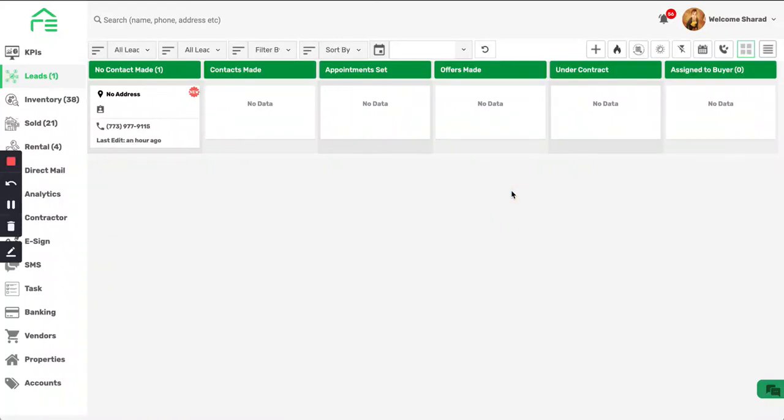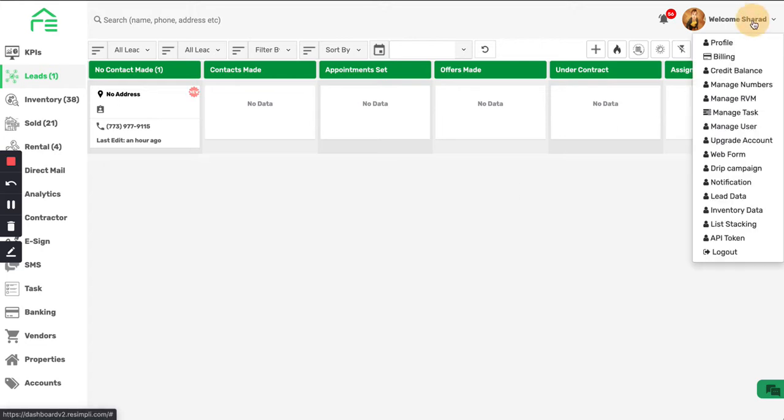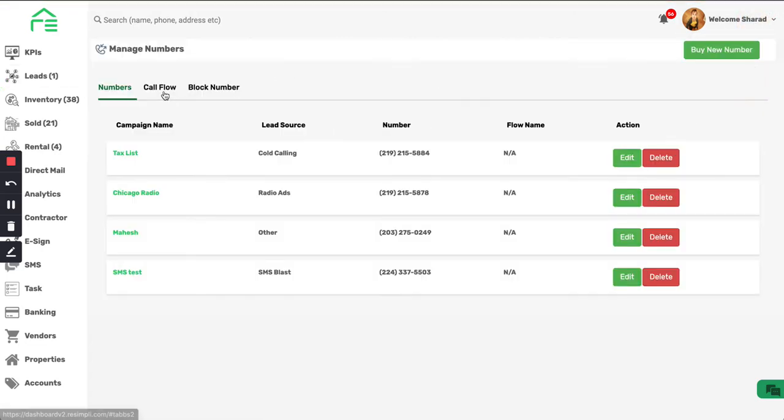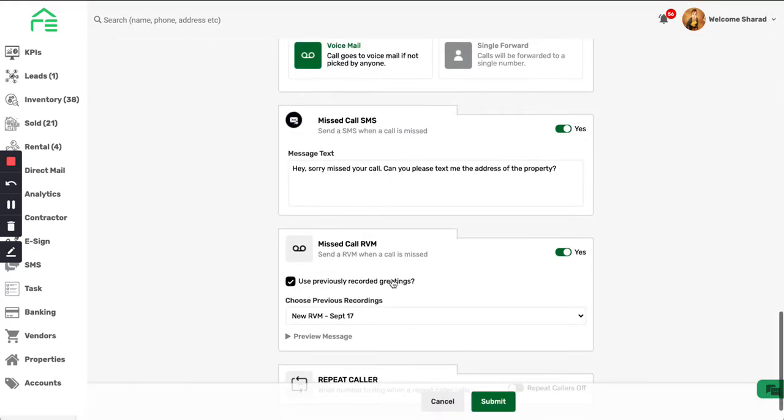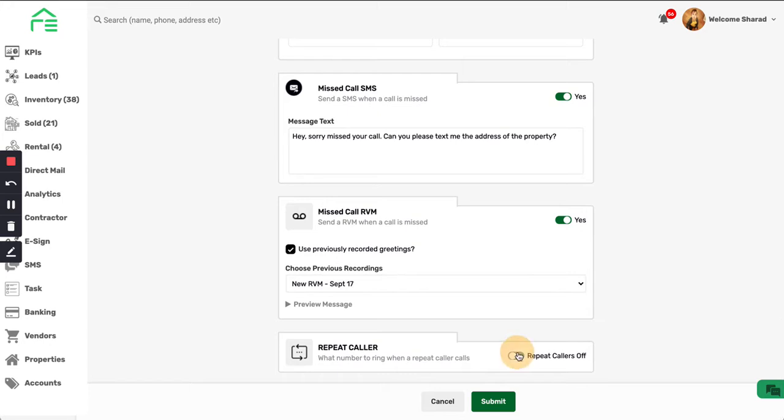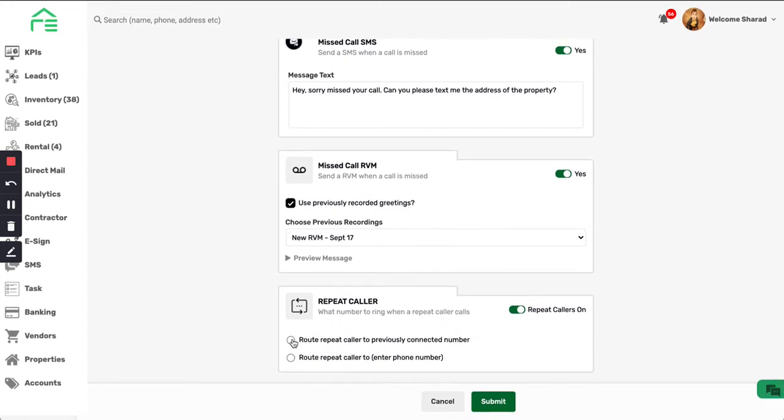Quick demo video on how to use the repeat caller functionality in call flow. So when you log in, you go to your call flow and you'll see your option for repeat callers at the end. What that does is if you enable it, then you have two options: route repeat callers to